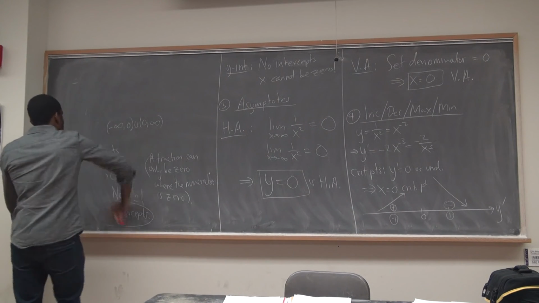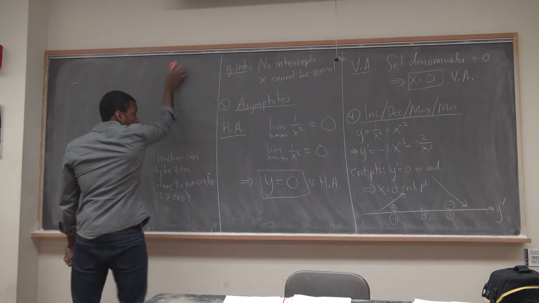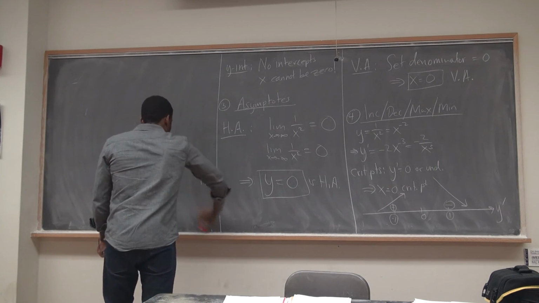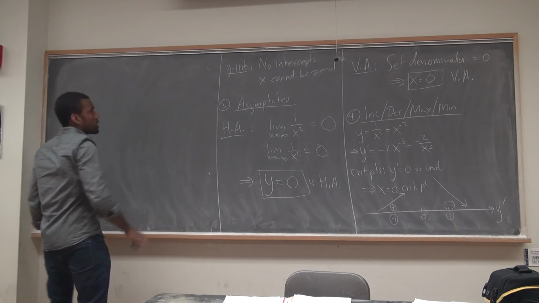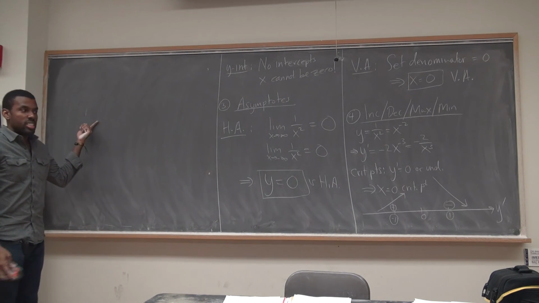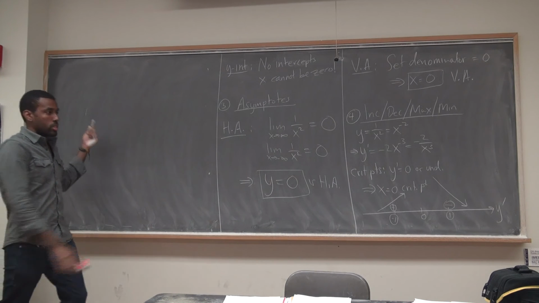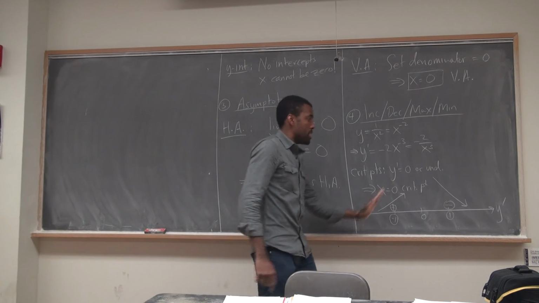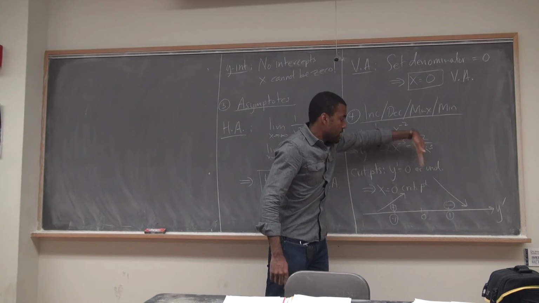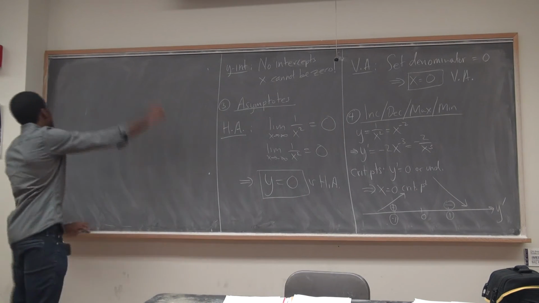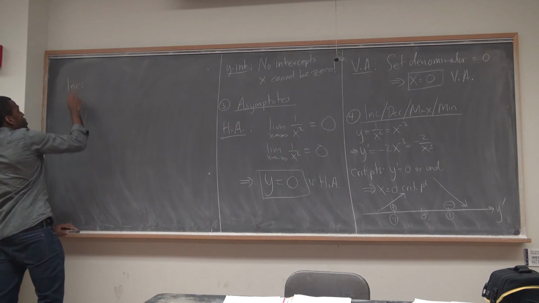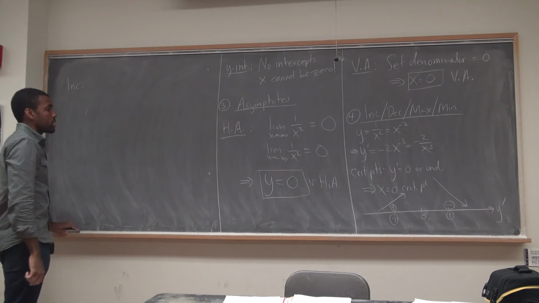Now, be careful not to identify 0 as a maximum. It's not a maximum. Why is it not a maximum? Because of the domain. Part 1 says 0 is not a part of our graph, so there's not a maximum. So even though it looks like I'm increasing here and decreasing there, I don't even exist here, so I'm not a maximum point. But what I do know is where I'm increasing. What's the interval where I'm increasing?